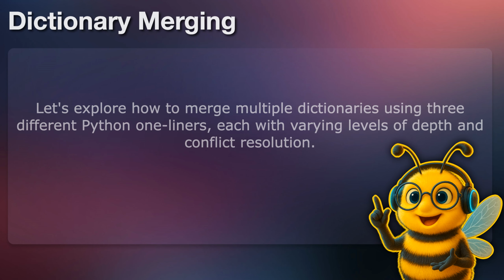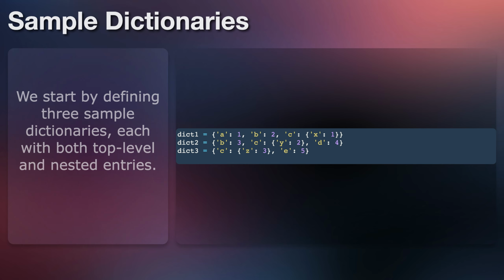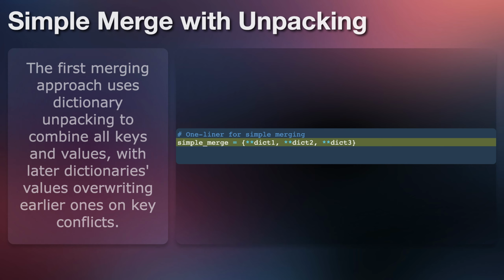Let's explore how to merge multiple dictionaries using 3 different Python one-liners, each with varying levels of depth and conflict resolution. We start by defining 3 sample dictionaries, each with both top-level and nested entries. The first merging approach uses dictionary unpacking to combine all keys and values, with later dictionaries' values overwriting earlier ones